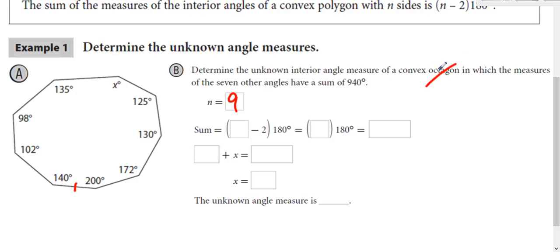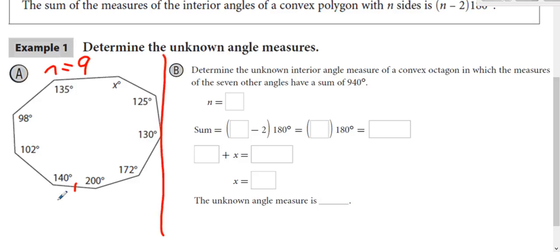There's actually some miswriting here. That's not an octagon. Oh, different pictures. They're different problems. So this has 9 sides. Different problems over there. It says 9 sides,